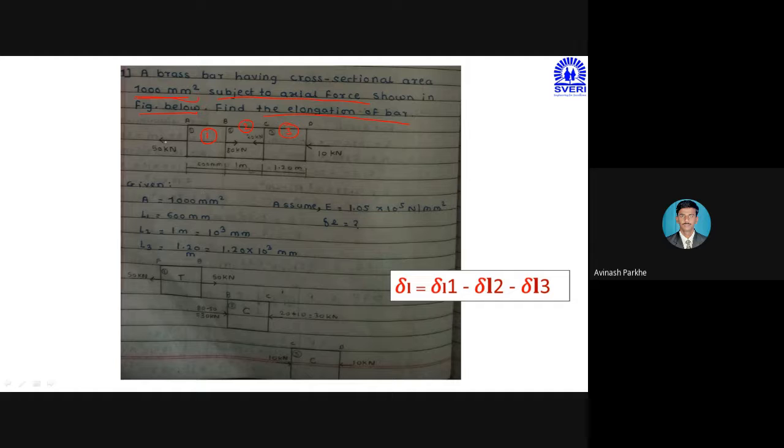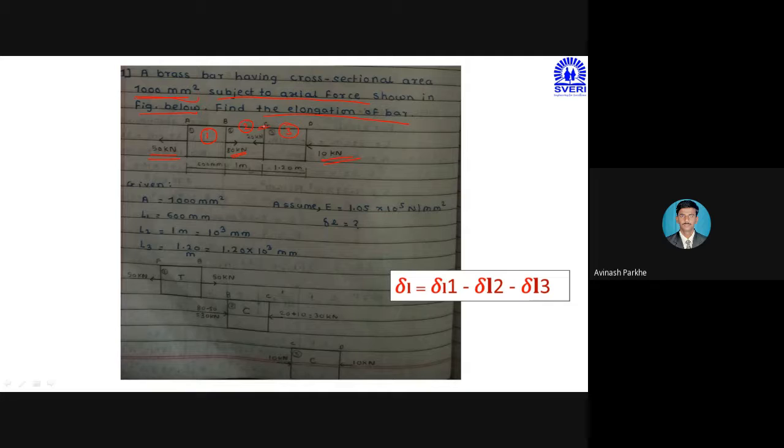That bar is subjected to 2 external forces. One is a 50 kilonewton force applied at the left side, moving to the left. Again, a 10 kilonewton force is applied at the right side, externally. And 2 internal forces are applied on section number 2: a 180 kilonewton internal force and a 120 kilonewton internal force. That means a total of 4 forces are applied. Out of that, 2 are external and 2 are internal. So we can say this particular problem is under type number 3, that is the principle of superposition.